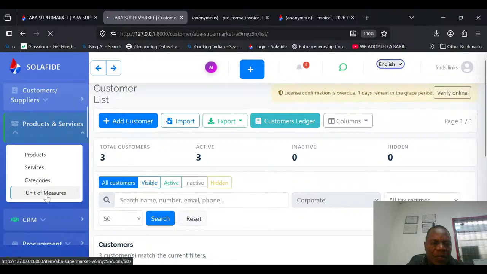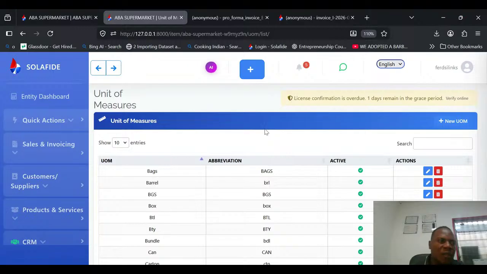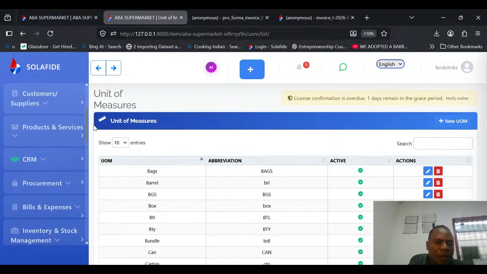And unit of measurement is very important. For instance, if I'm selling books, I can sell a single book, I can sell in a carton, I can sell in reams, and so on. You need to add it so that as you're selling, the conversion is done accordingly. So you can sell as a ream or a carton, and your inventory or stock still stays exactly as it should be because you have done that conversion, giving you room to sell at different prices. Now, next to this